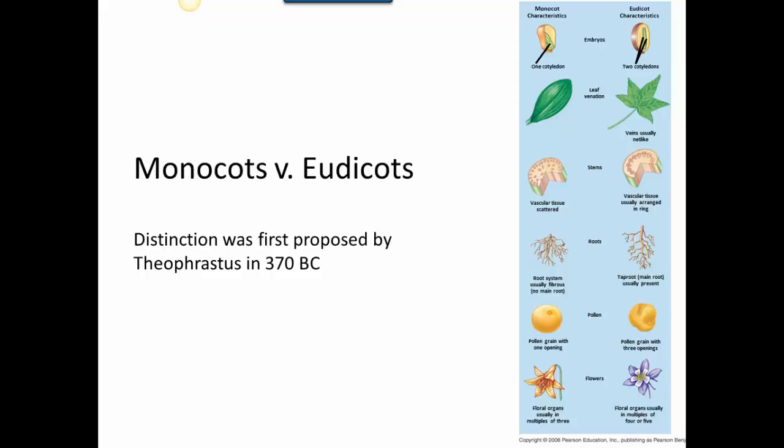This is a really obvious distinction between angiosperms, and this was something that was first proposed by Theophrastus in 370 BC. So we've clued in to these big differences that we see within groups of angiosperms for a long time. We've been looking into this for a long time. So now the best terms to use to distinguish between these 2 large groups of angiosperms is the monocots and